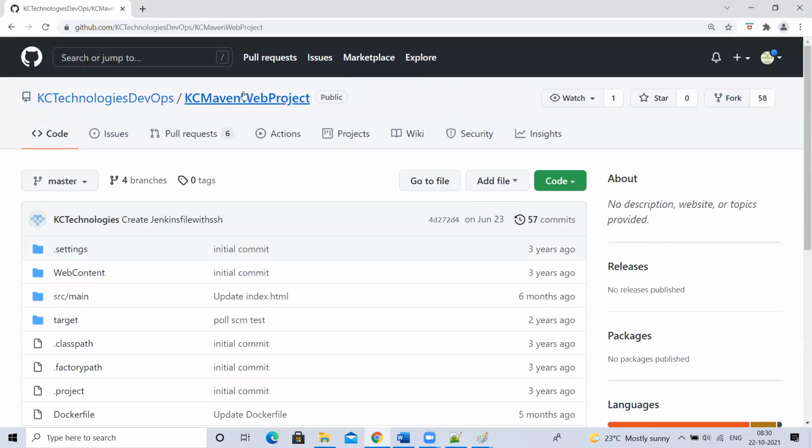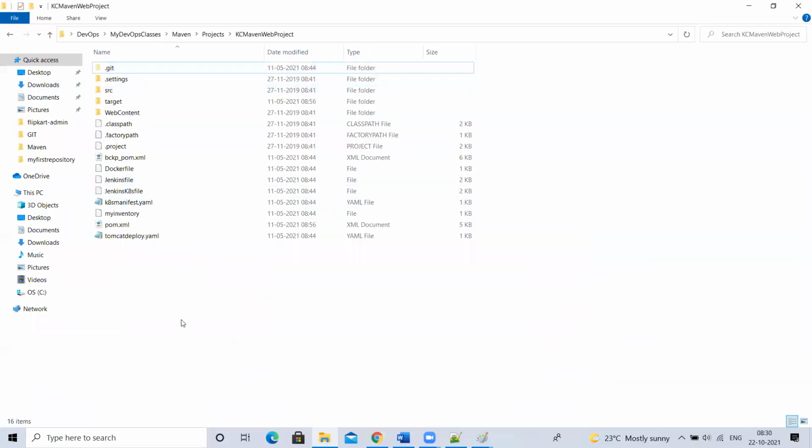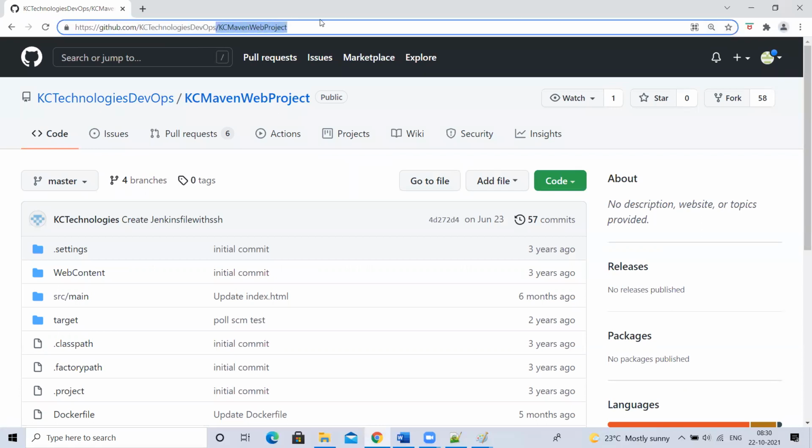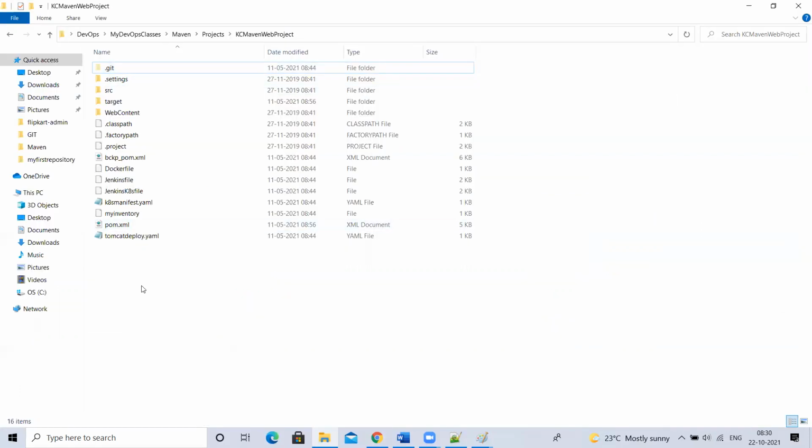I created a repository in my GitHub with a README. I cloned it here and created that Maven project. You know how to clone a repository created with a README file, and if it is an empty repository, how to do git init and all. So this is my GitHub project. I cloned it here, and it has this. Now it has the .git folder as it is synced with GitHub.